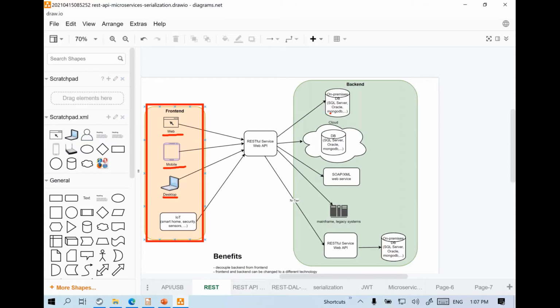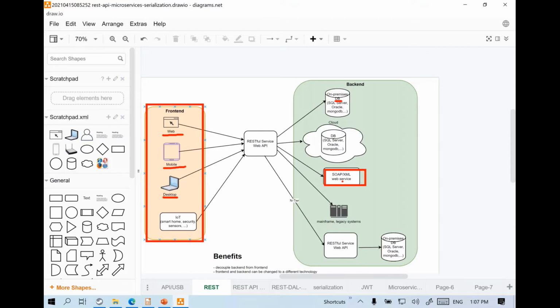And likewise, you could have any type of backend. So for example, you could have your on-premises database server like SQL Server, Oracle, and so on. You could have your database server hosted on any cloud platform. It could even be your SOAP XML-based services, the legacy services, or at least these days, we call them legacy service because REST APIs and gRPC has become more popular.